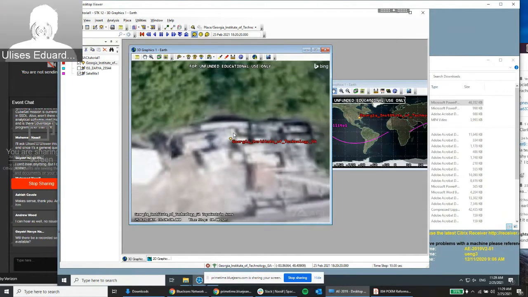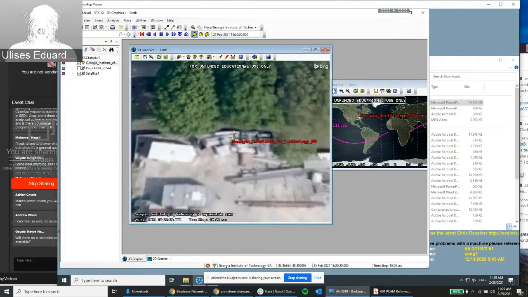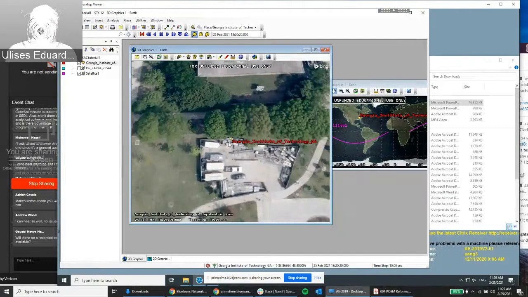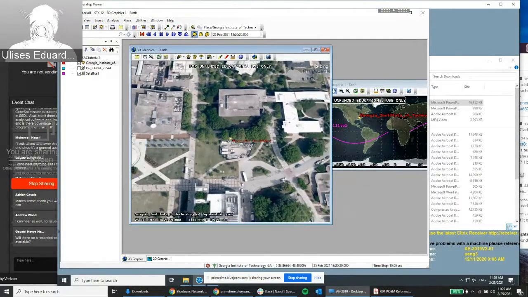This is going to use data for 3D visualization of the surface. Oh, there we go. So that's actually right by the bus stop, by the Clough building, right next to